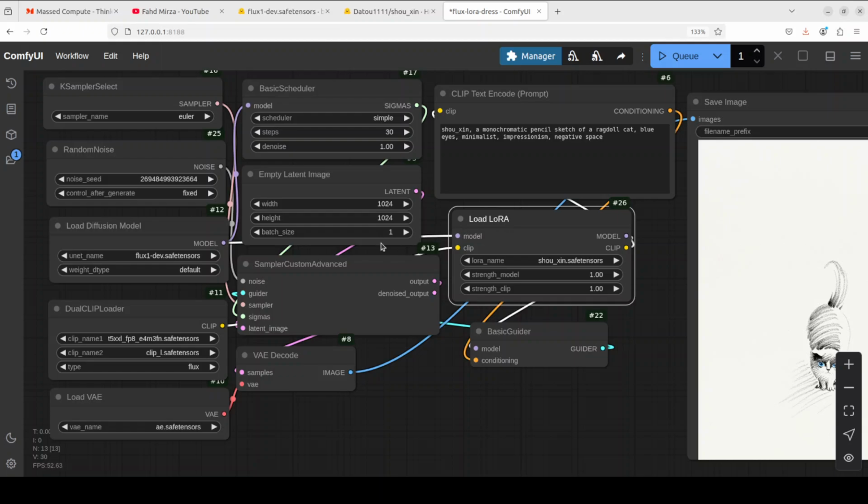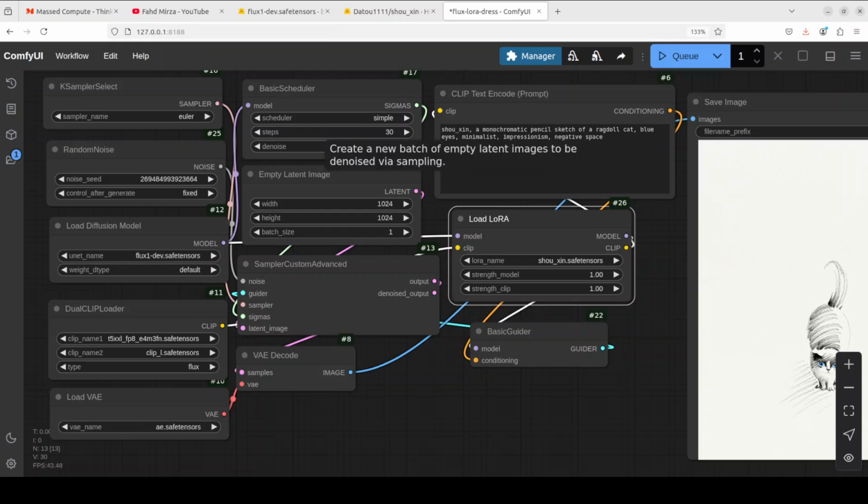And then we are selecting some of the scheduler and sampler here. So you see that for sampler, I have gone with Euler, which is my go-to sampler. Sampler affects the quality, speed, and style of the output image. And then we have scheduler, which is simple. And scheduler controls how noise is gradually removed from the latent image. So this is what most of these nodes are,